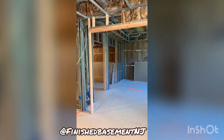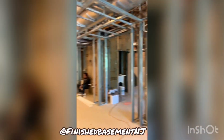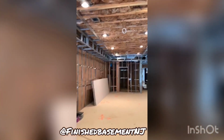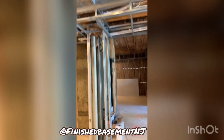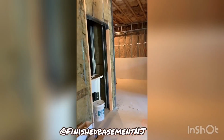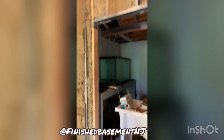Another 2 sets of glass doors here. So that natural light right there is going to bleed right through the basement, right into this giant open area. Everything has double tray ceilings. We're going to have a wet bar right here. Of course, we got to have this really cool fish room here, housing a giant fish tank that's going to